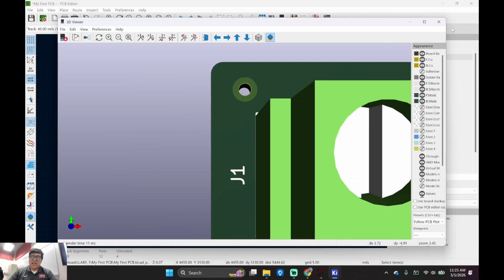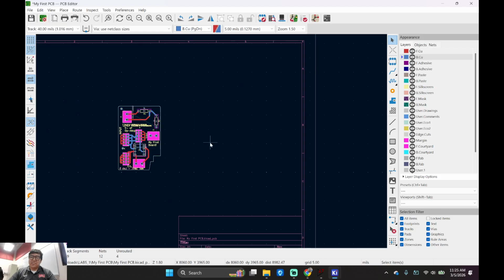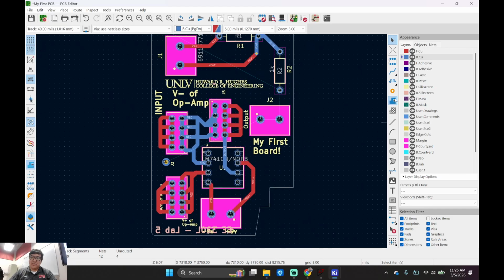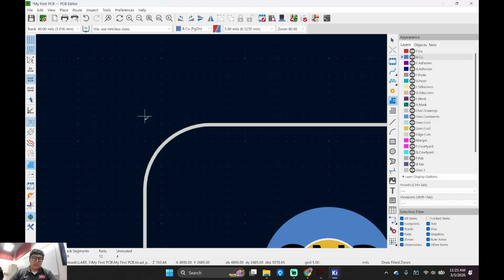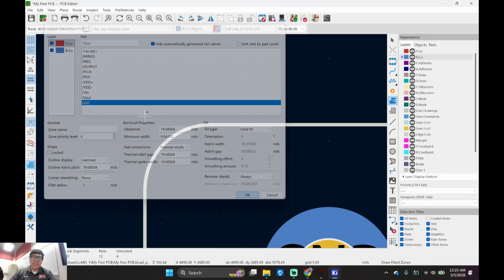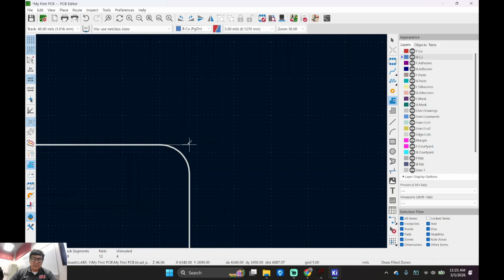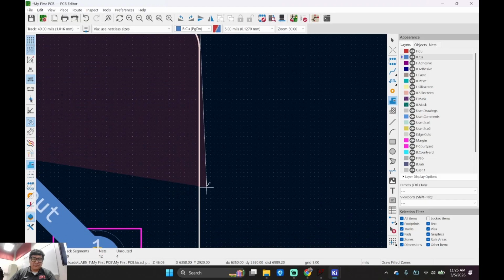And then here's our ground via. So let me see. Does everyone know how to do the ground via? Or the ground plane? You want me to show it to you? Not Control Z? Yeah? You're going to press this button. Okay? Everyone has to press this button. It's right here. Draw filled zone. Okay? And then let's click on the corner. Like right here. You're going to select FCU and BCU for front and back copper on GND. And then okay it. Now let's draw a square. Or a rectangle. Right here. There we go.